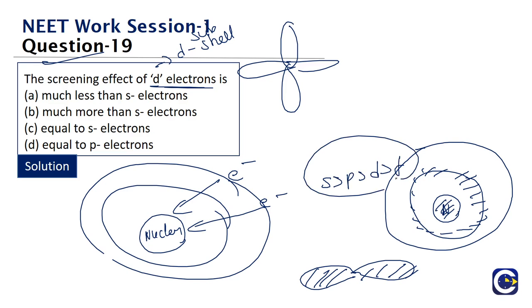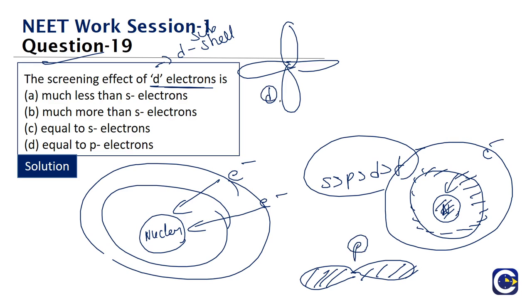That is the screening effect order. S electrons, because the S electron cloud is spherical in shape. We talked about it in the structure of atom chapter. So it will be able to prevent the effect of nuclear power acting on the outermost electron more strongly than in the case of P, than in the case of D, than in the case of F.